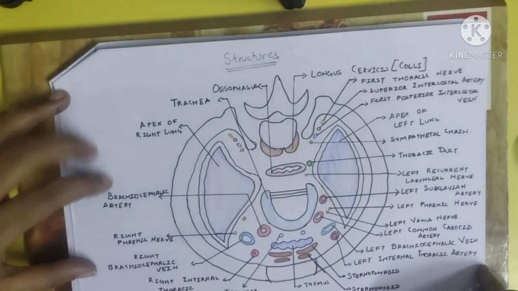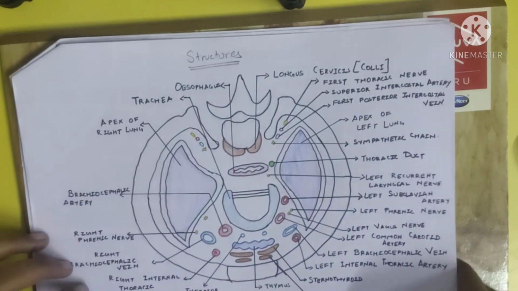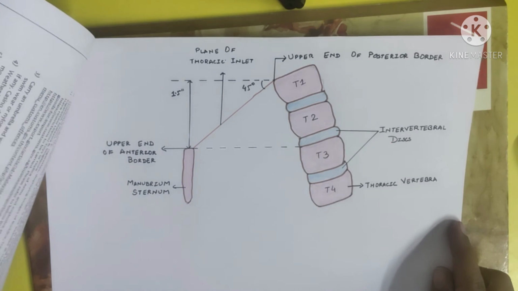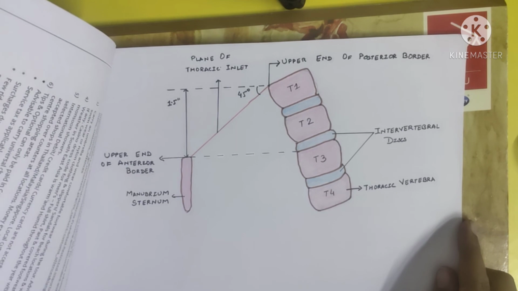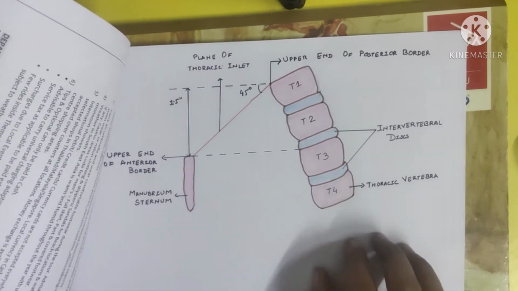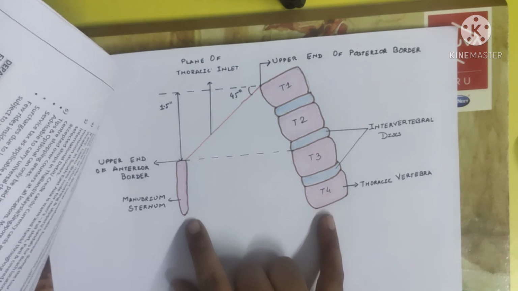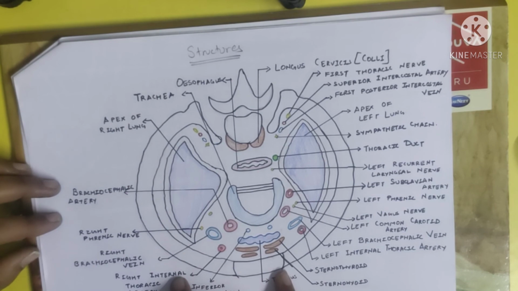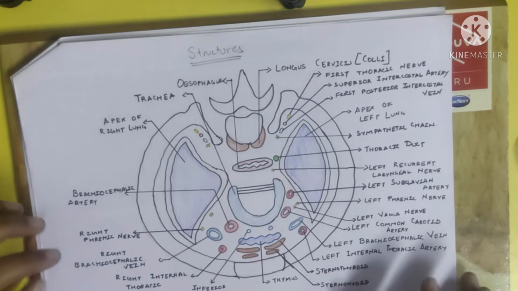inlet. Now just imagine if you have this diagram on your answer sheet, as well as this diagram. You are not going to need the examiner to go into the details about your answer, because they will know that you know your stuff, because you have marked everything properly. You have given the way the inlet is formed, and you have shown the structures which pass through the inlet. So drawing these two diagrams will almost complete your answer.